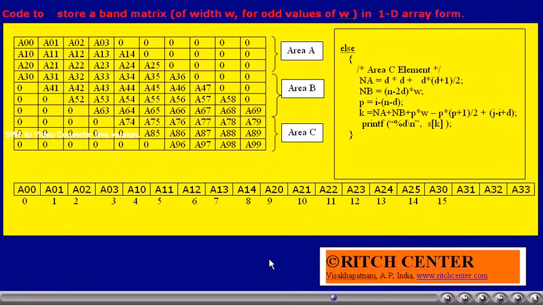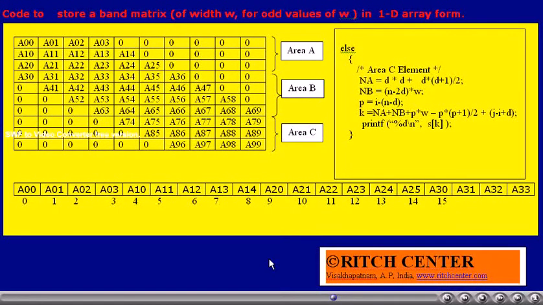Now, the important characteristic of area C. You verify that the n minus dth row contains W minus 1 elements, the next row W minus 2, etc. The last row contains W minus D plus 1 elements.